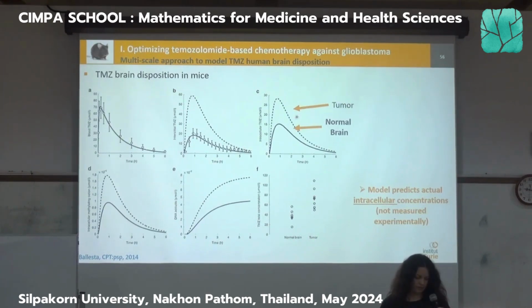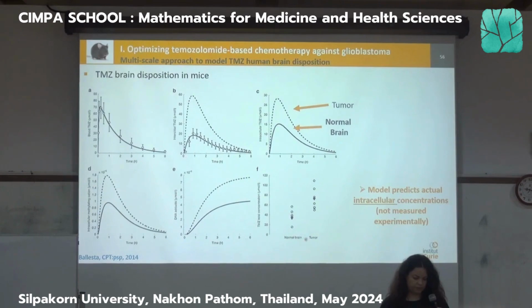And then here you have the concentration in the intracellular compartment, so inside the cells. And basically we have data only for these ones. So as you can see, this is why we decided to include the normal brain, because the normal brain here has data. So that's really a reference compartment, basically. So what can you see? You can see that basically there is more temozolomide in the tumor as compared to the normal brain.